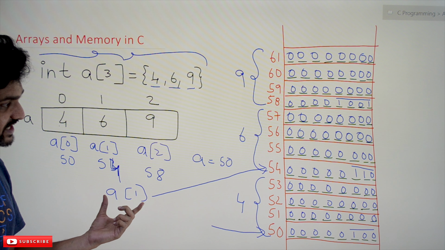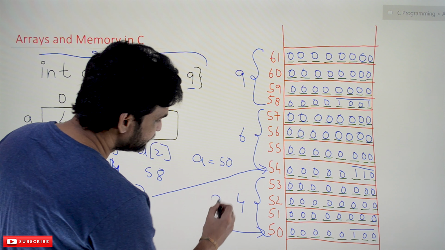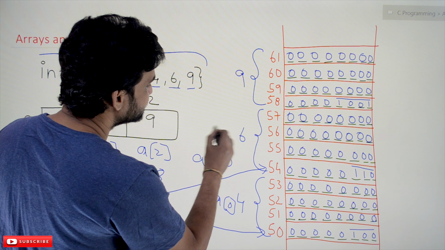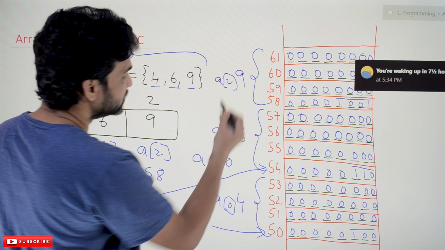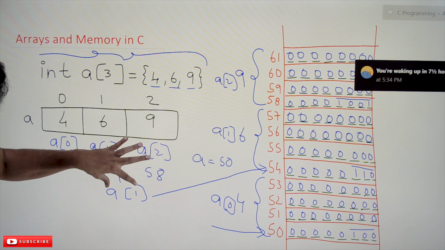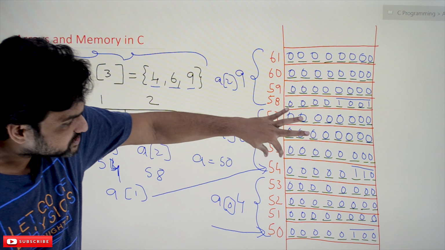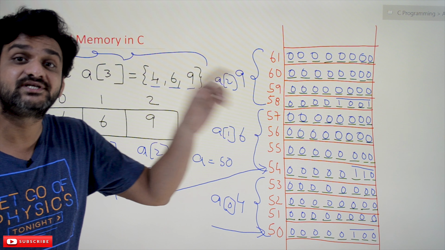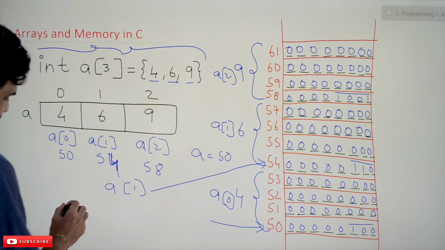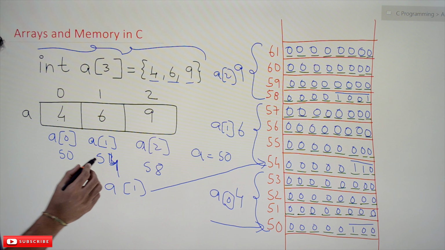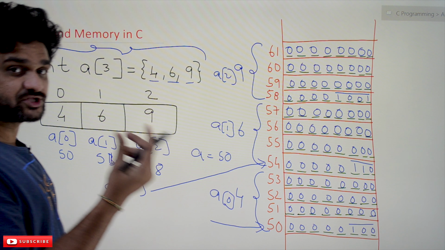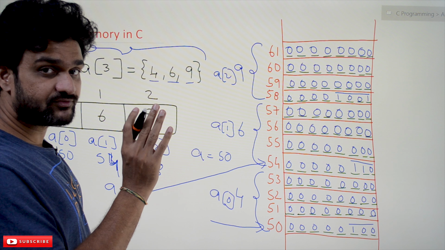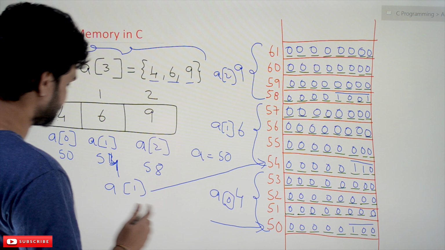If we want to print it, we are going to print it, or if we want to add this with some other number, whatever we would like to do, whenever a of 1 is identified, this is a of 0, this is a of 1, and this is a of 2. So what the compiler will do is, this a of 1 will get converted into this memory address. How is that conversion done? It is done by using a formula. So the compiler, every time, is going to execute that formula, and based upon that we are going to get that address, and we are going to access the values in that particular address.